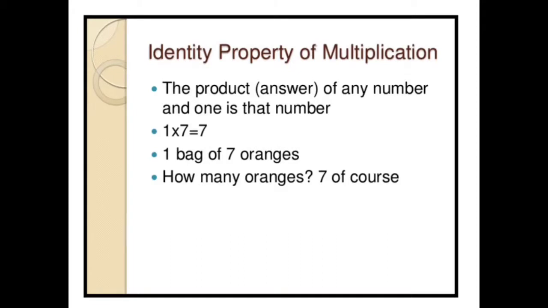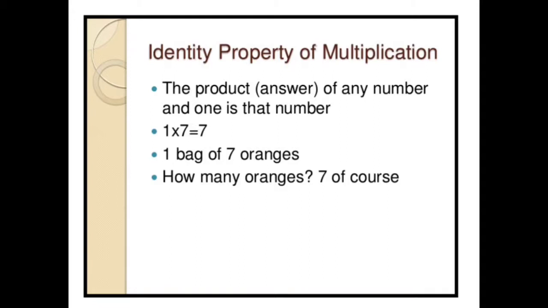So these all are the three basic properties of multiplication. I can explain them in simple words once again. The product of any number and 0 is equal to 0. It means any number when you multiply by 0, your answer is always 0. Second property, the product of any number and 1 is the number itself. It means when we multiply any number by 1, the answer is always the number itself.